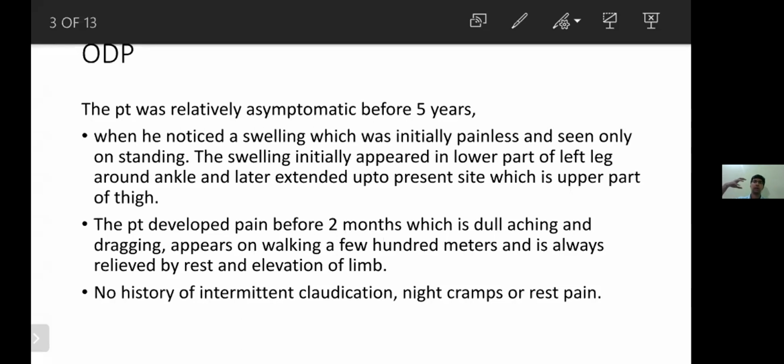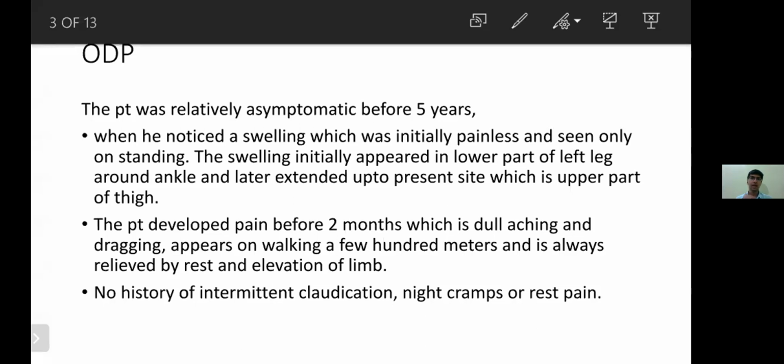There is a sudden onset sharp bursting type of pain present in the entire calf, which is relieved after standing, or obviously relieved after rest. This is because of DVT, not because of varicose veins. Venous claudication is a pain secondary to DVT or a post-thrombotic limb. Varicose veins pain is not a claudication pain. Claudication means sudden onset and sudden going. That is neurogenic claudication, venous claudication, and arterial claudication.